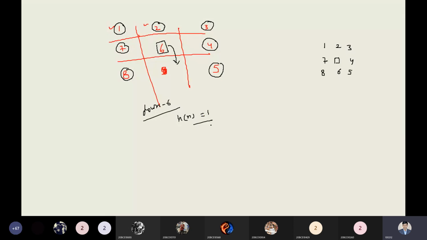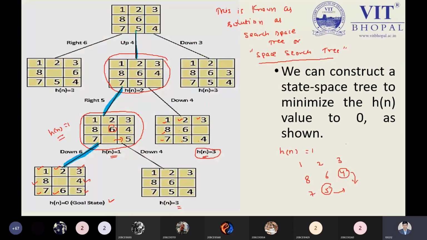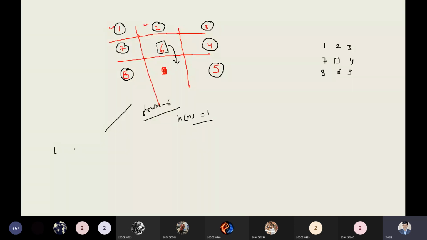So now at the end we can see, after shifting this one, we have 1, 2, 3, 4, 5, 6, and 8, and 7, and this is a blank. So here no shifting is required. So here we are getting this one. So this is our goal state. Now this is the point. From this point,